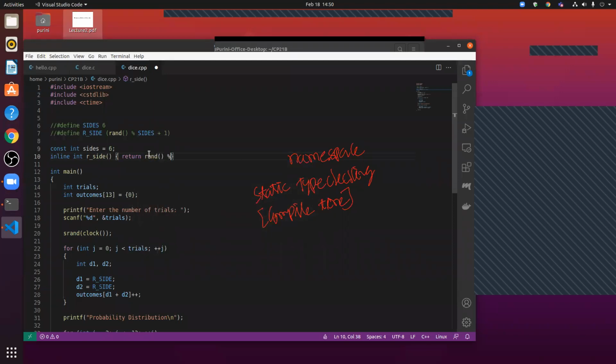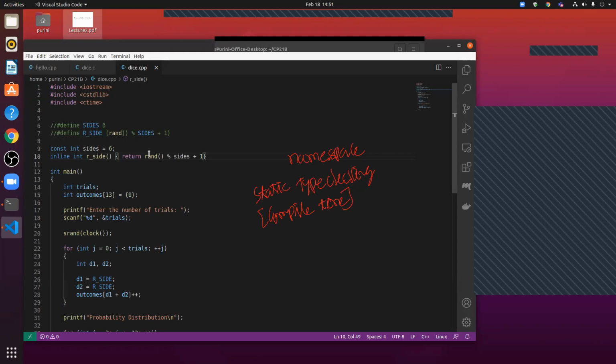That's the thing about C++. It says, yeah, it's up to you, you use it, but you better know what you're doing. Okay, so now on line 10, we defined a new function called r_side. And when you call r_side, it returns a number between 1 and 6 at random.